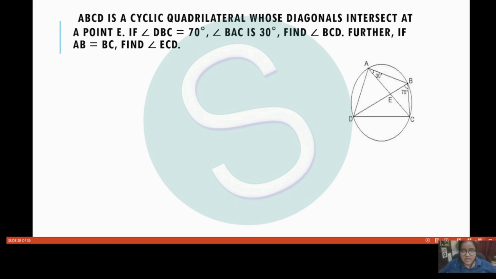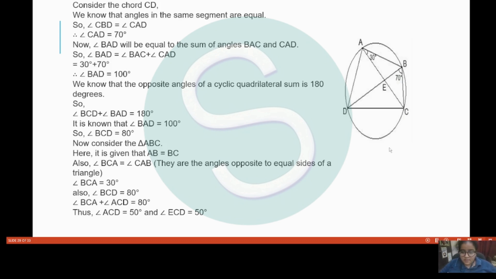ABCD is a cyclic quadrilateral whose diagonals intersect at point E, and if angle DBC is 70 degrees and angle BAC is 30 degrees, we have to find angle BCD, and further if AB equals BC, we have to find angle ECD. Okay, so